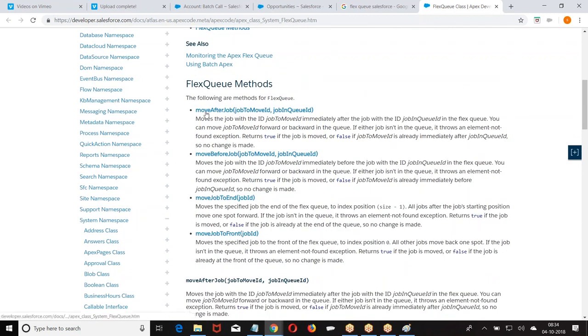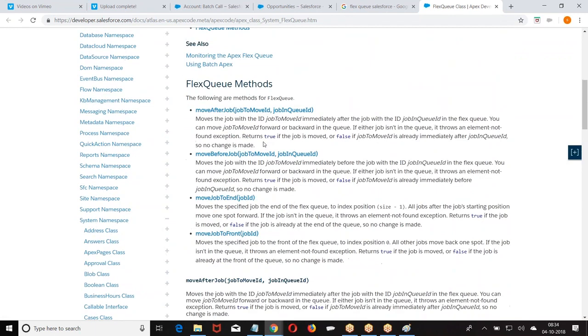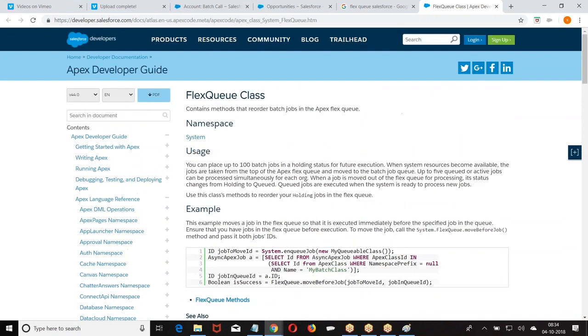In case you want to shuffle the order of the jobs, yes, we can do it using the flux queue. I hope you got clarity on this.